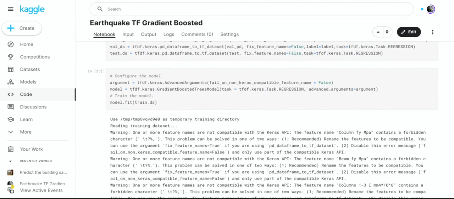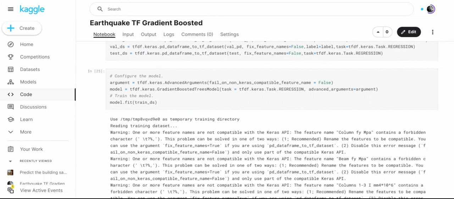All they did was give you the advanced arguments, but they didn't give you anything else to do. So argument equals tfdf.keras.advanced arguments. Then you say fail on non-keras compatible feature names equals false. Because if it's true, then it will fail, which is what happens. So you have to set it to false.